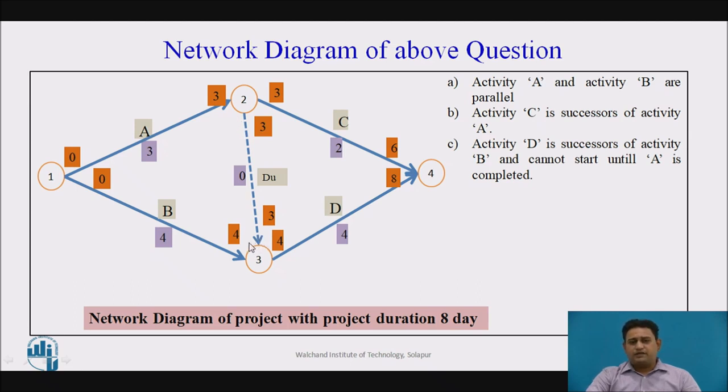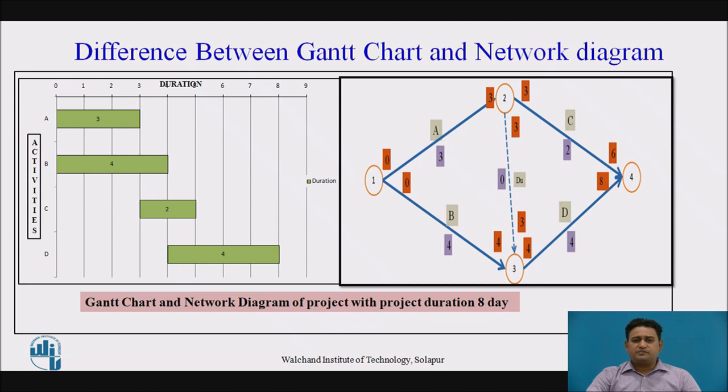Actually this activity won't consume any resource or time, but to maintain the logicality, we have to construct the dummy activity between event 2 and 3. Now when we see the difference between the Gantt chart and the network diagram, the bar chart won't show any interdependency, which is a major drawback of the bar chart, but the network diagram shows the interdependency clearly. This Gantt chart can be read easily, but a reader will not come to know